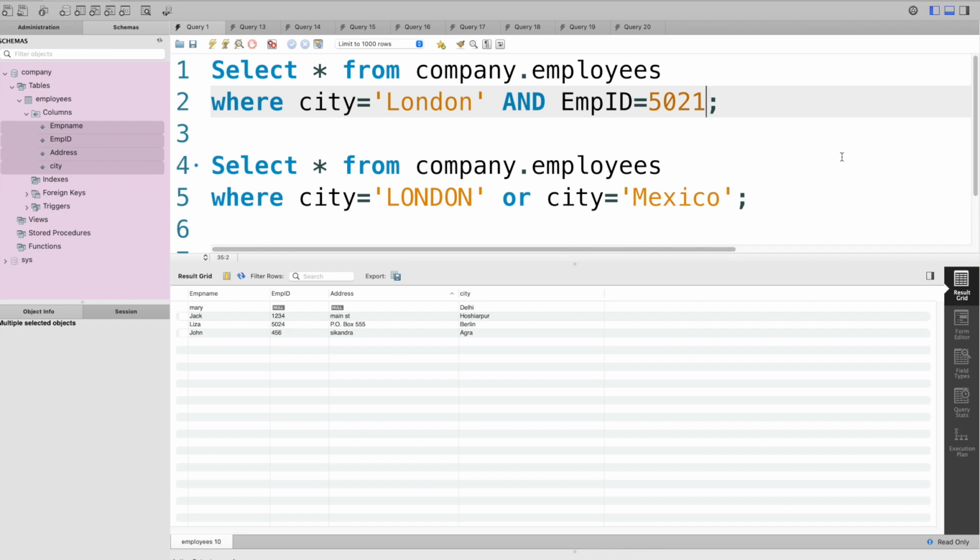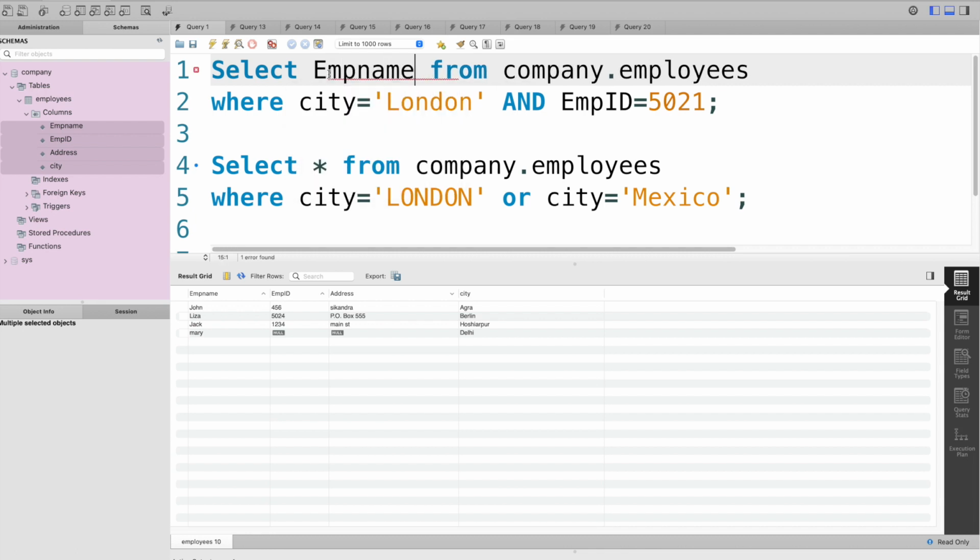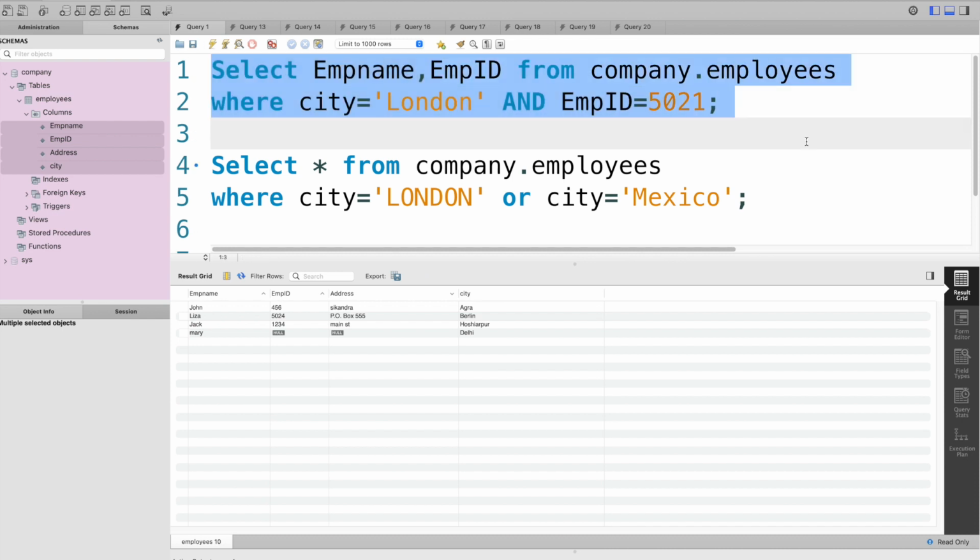out the records. And also one more thing, here we are using star. That means we are getting the data of all the employees with all the column names. If you want to get only 2 columns, then here you can use column 1 and column 2. That means whatever columns you want to display. For example, in this case, if I want to display only employee name and employee ID, then you can run this query and you will get the data with only 2 columns. So here you can see, right, we are getting only employee name and employee ID. Address and city are not displayed because we have not selected those columns.